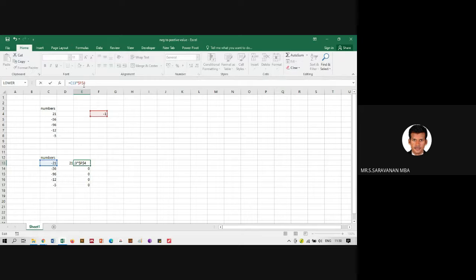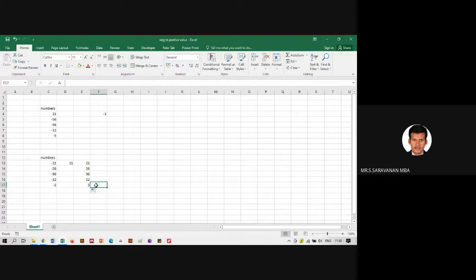Constant means the dollar symbol will be there. Enter. Now if we change it, automatically it changes to a positive value. So this is a small way of improving the information. We will be struggling with this kind of thing only.